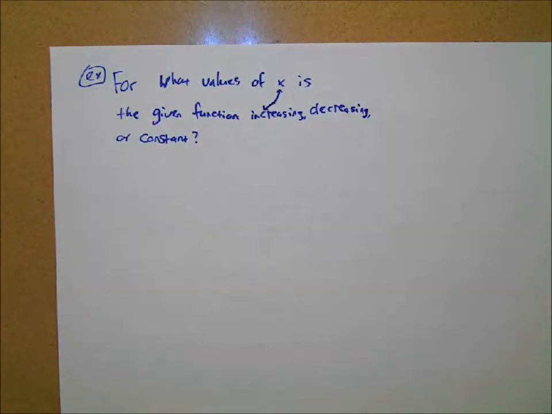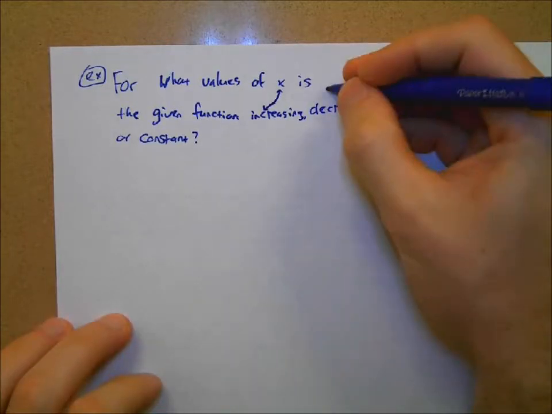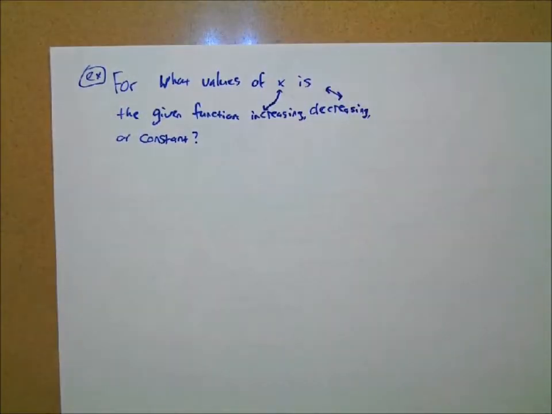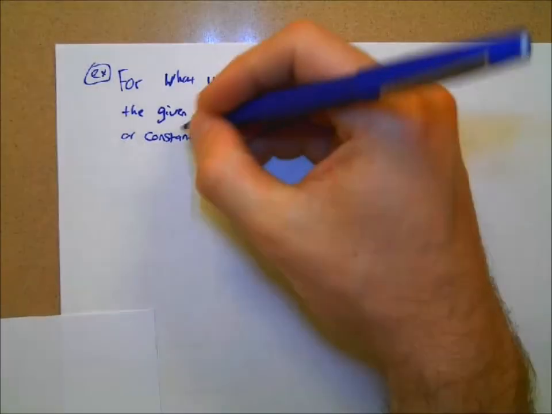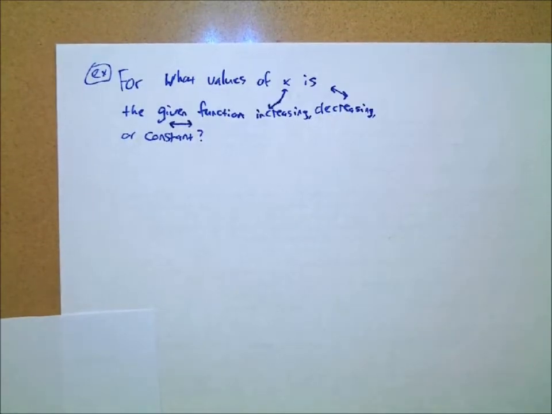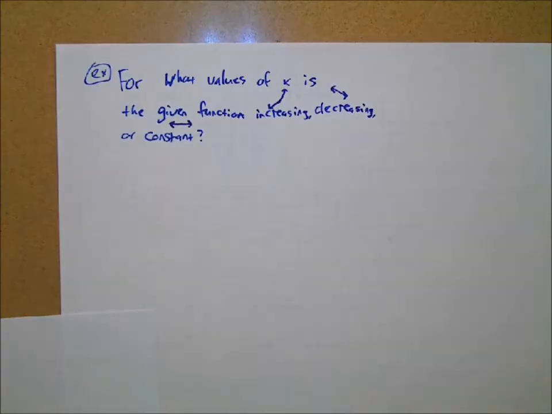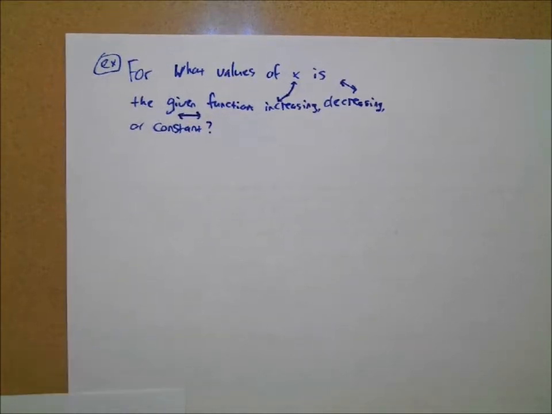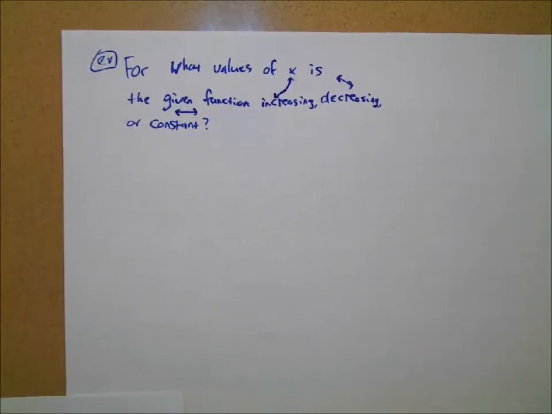And then decreasing is the exact opposite. From left to right, your y value should be going down. And then constant means what? It's just what kind of line? Horizontal line, yeah, because we're going to be careful. Lines can be increasing or decreasing, right? But yes, constant is a horizontal line, which is exactly the meaning of constant too, right? If something is constant, it is unchanging, not increasing, not decreasing, flat, right? So that's what constant means. Okay, so let's